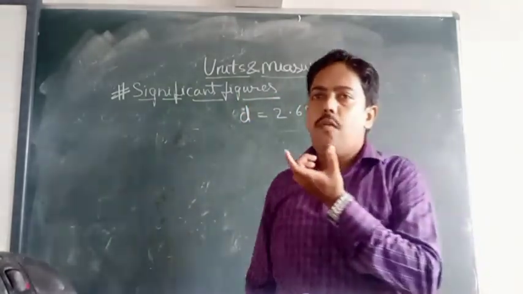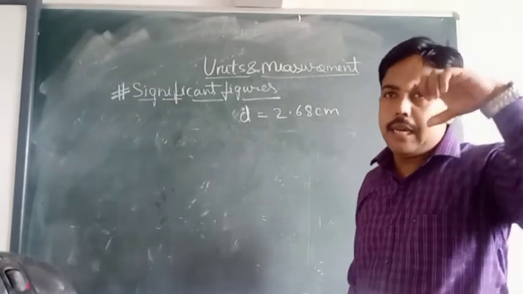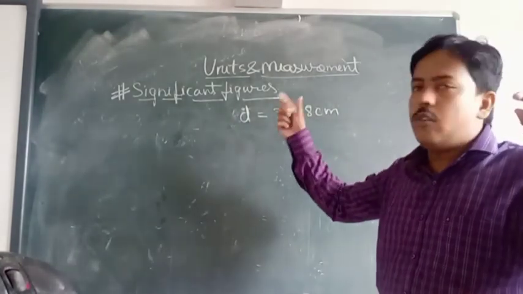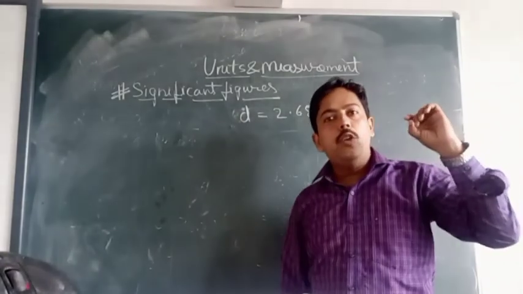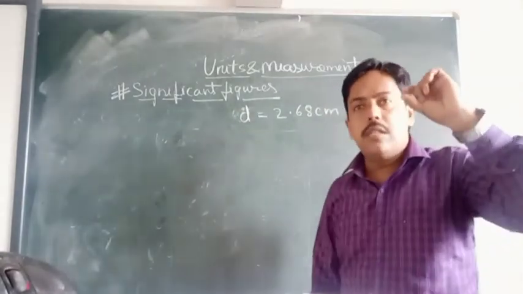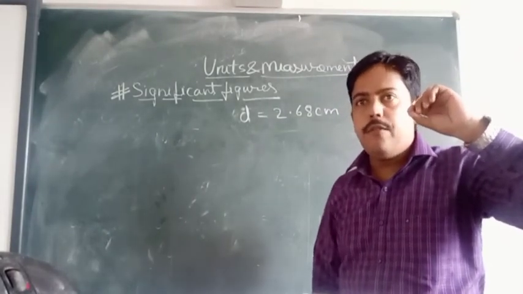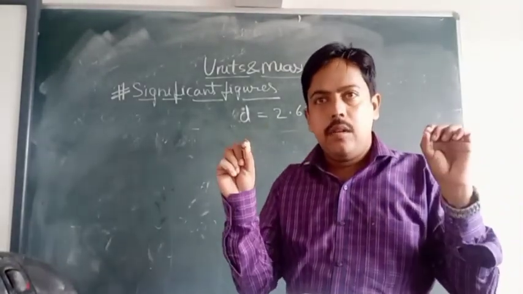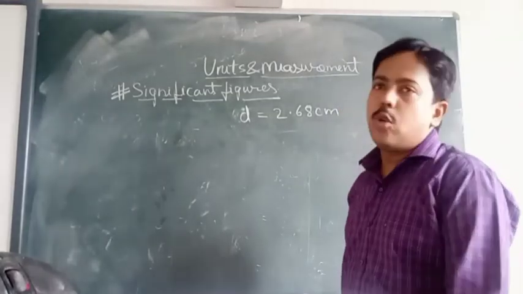So if you want to measure the diameter of a rod, or the diameter of a spherical ball, what do we use? We basically use vernier calipers, okay. That has a very significant diameter, so for that we use vernier calipers. But if you want to measure a minute physical quantity, for example, the diameter of a very thin wire, then in that case we will be using a screw gauge.